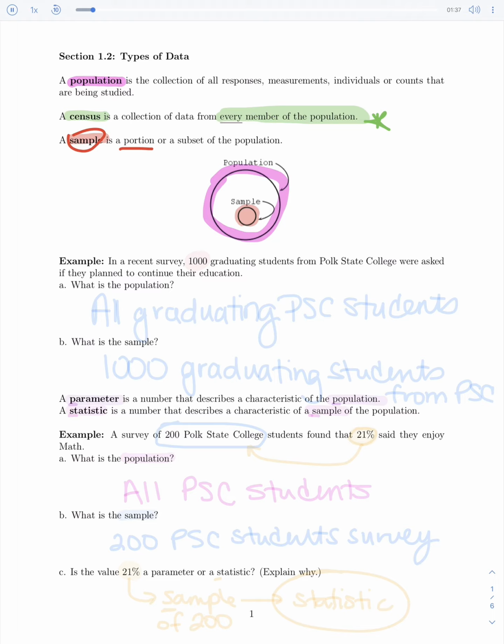So let's take an example here. In a recent survey, 1,000 graduating students from Polk State College were asked if they plan to continue their education. What's the population and what's the sample? Well, it's usually easiest to actually find the sample, which is the group of students that are actually being studied or experimented on. In this case, we're surveying them. So let's see. Well, who are we surveying? What's our sample group? Well, that's the